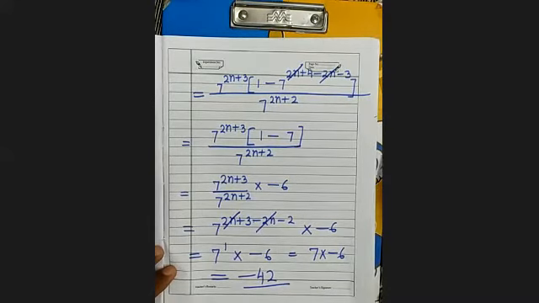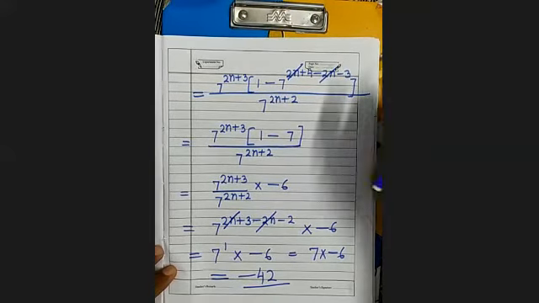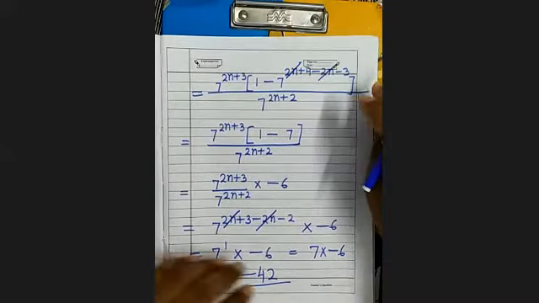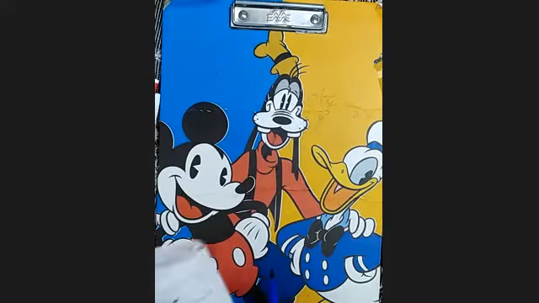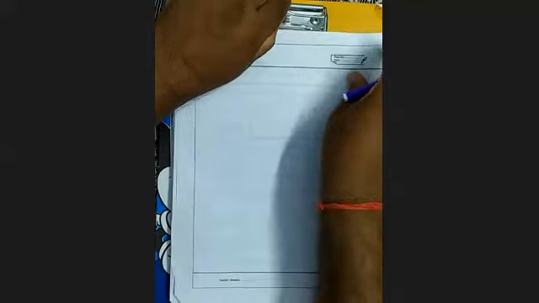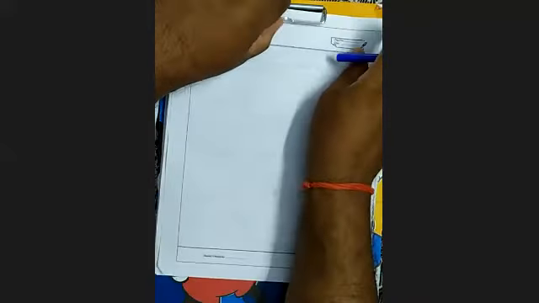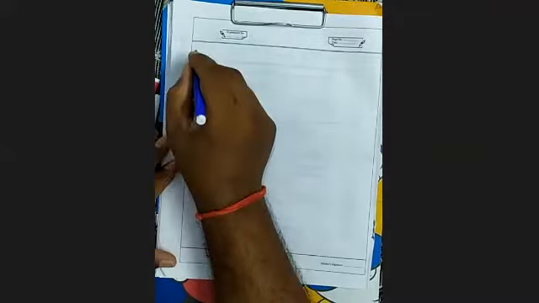Now I am going to explain to you question number 17, which is based on special products. Special product means a plus b into a minus b, a squared minus b squared. Then there is one more, a plus b in one bracket, a squared minus ab plus b squared, it will be equal to a cubed plus b cubed. So you can see question number 17.